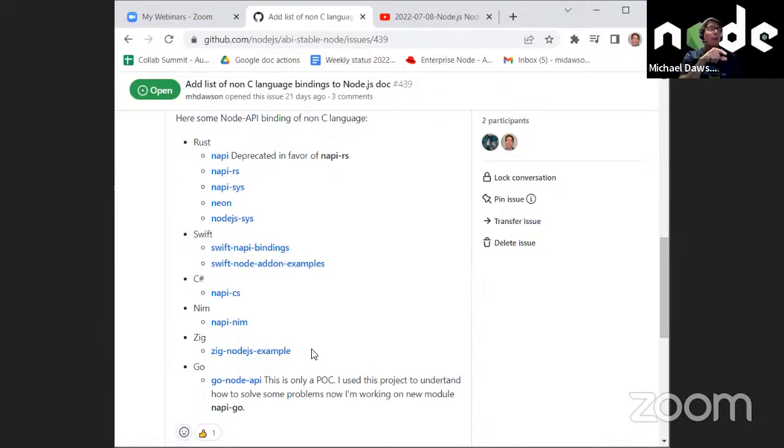I do think it's important to be able to get to them from the Node.js documentation. But it depends. If you look at this and say, oh, really, there's only like 2 or 3, like you were saying, which are well used and broadly used, then I think putting those right into the doc might make sense. But if it's a big list that might change, it might be easier to just have a link to it somewhere else, right?